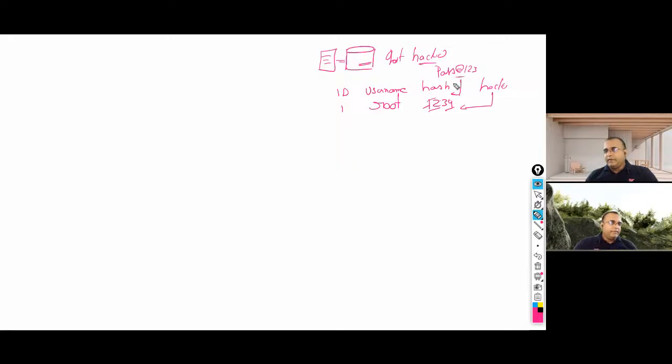But he wants to identify the password for root, because once he's able to do that, he can get inside the application and do anything. Why? Because this is the super admin user. How do I do that? So now, for the sake of argument, he has rockyou.txt.